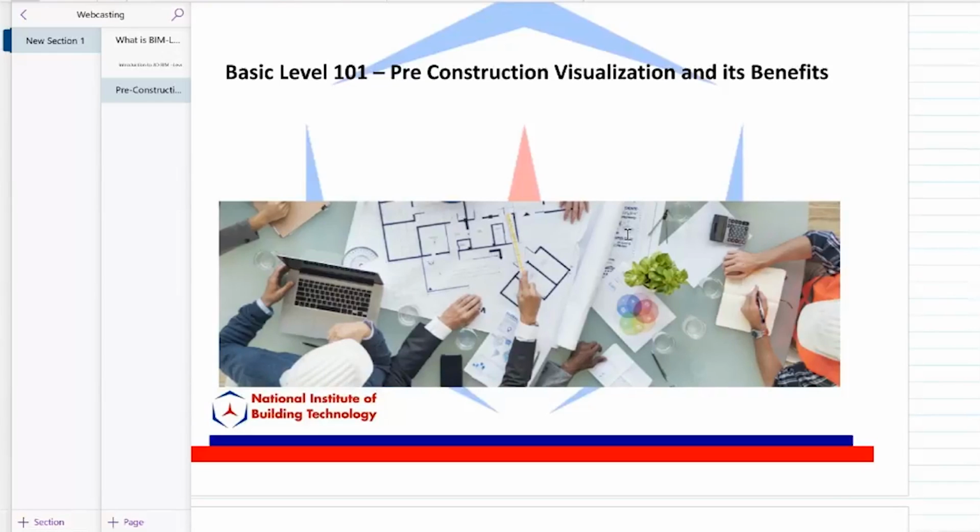Swapnil says, I'm engaged in execution of high-rise buildings. How is it beneficial to me? Swapnil, are you building a high-rise in India or somewhere else? In India. Okay. So high-rise systems in India definitely have fire protection systems. High-rises are the key to building information modeling. I don't remember a single building that is built without it, and that's what our specialty is.